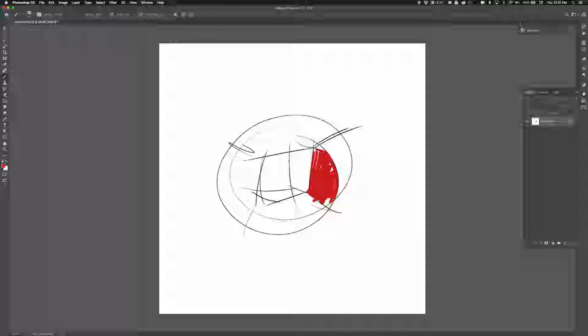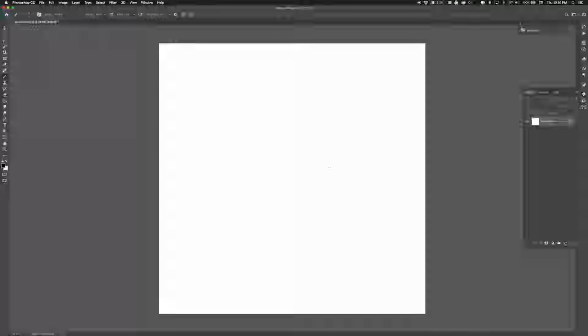So let us unlock the potential of layers. Normally when I start a piece, whether it's a character design or a comic or a painting, I create a new layer and I will call it sketch because I usually have an under sketch as a base for me to do all my other stuff. Please